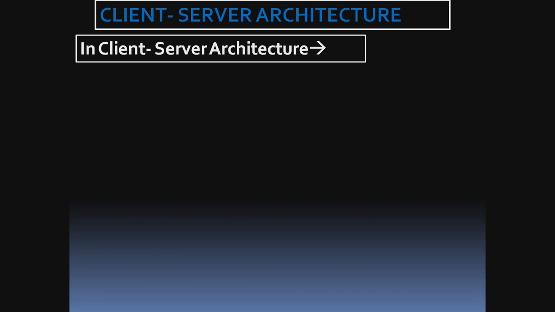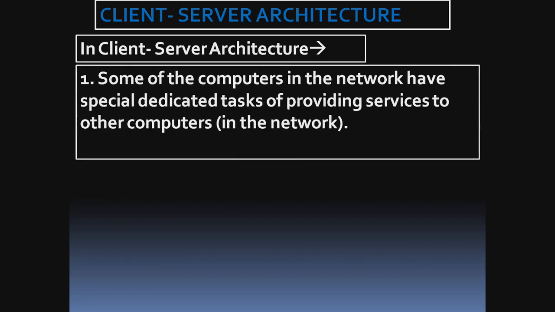See students, as my computer is working as a client, the server would also be nothing but a set of computers or say storage devices like hard disks which are storing the data. So it is all hardware there in the server, and these two different given sets of hardware form client server architecture. Ours is the client and the web server is the server. So some of the computers in the network have special dedicated task of providing services, that is showing us the websites.